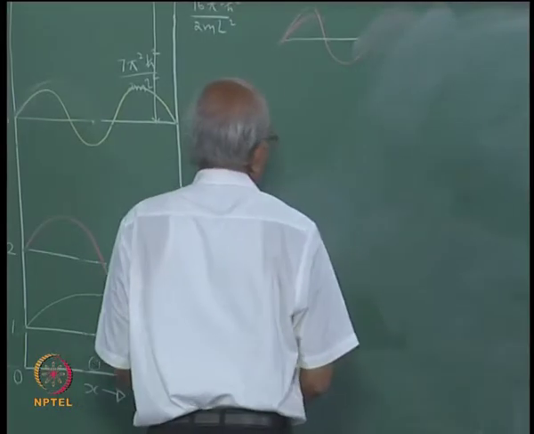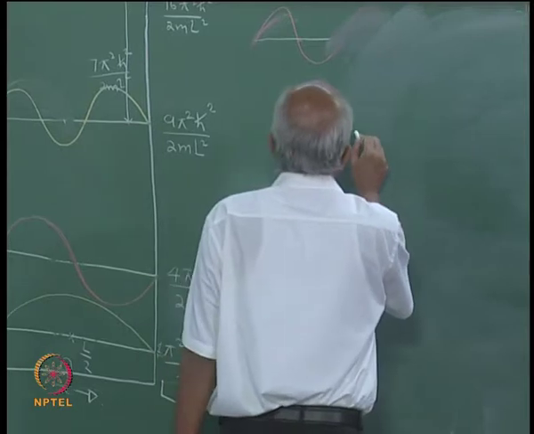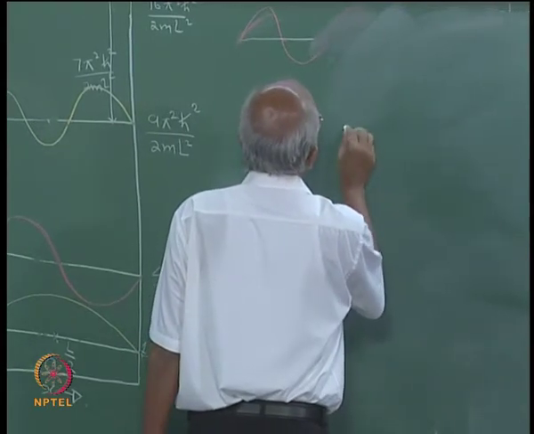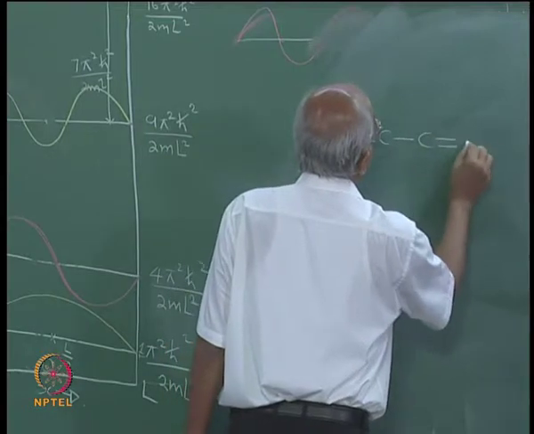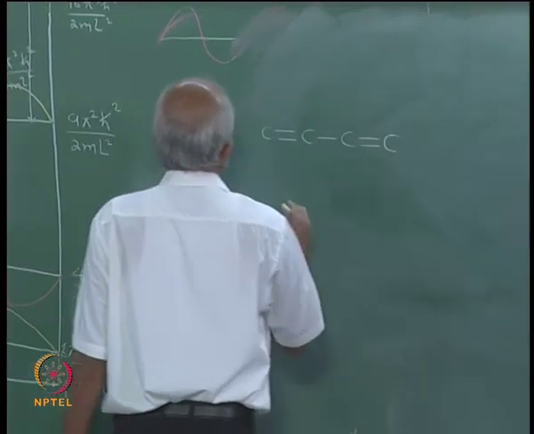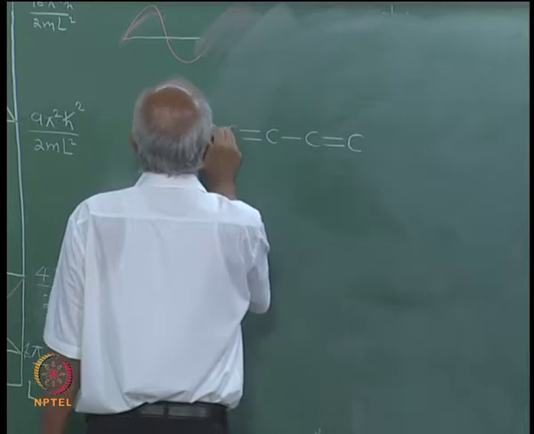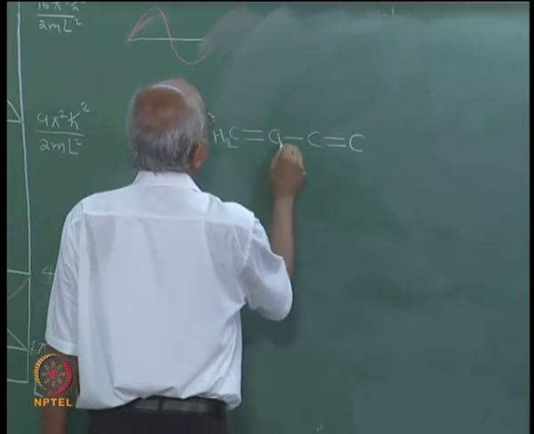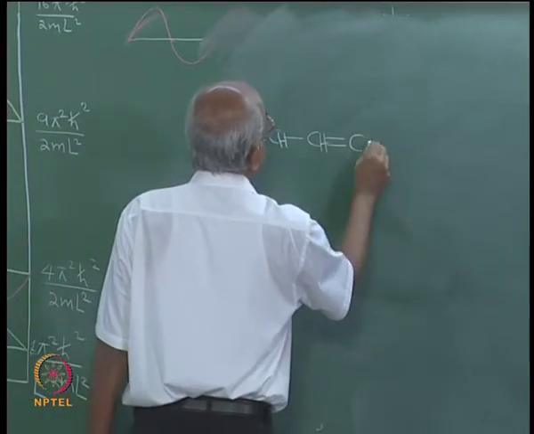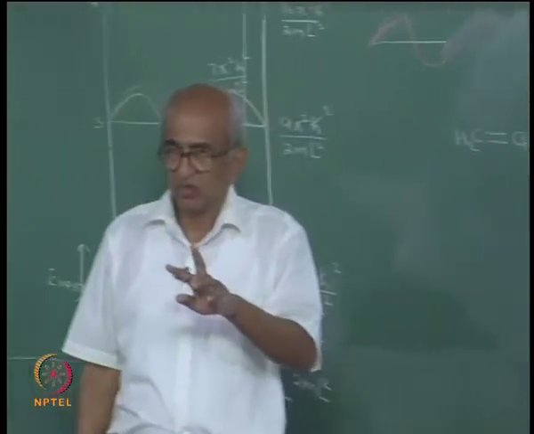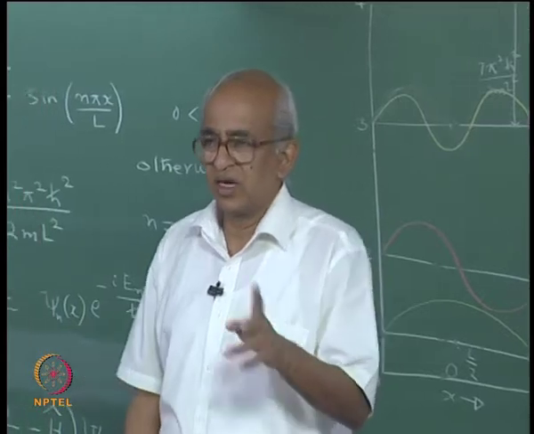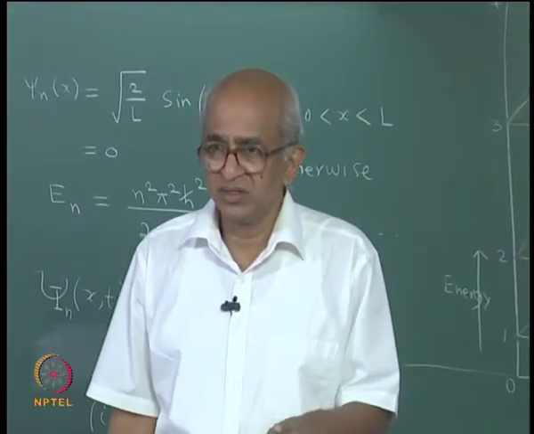Let us think of butadiene, 1,3-butadiene to be precise. This is the molecule. It has 2 conjugated carbon-carbon double bonds,